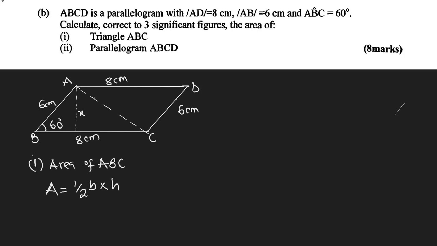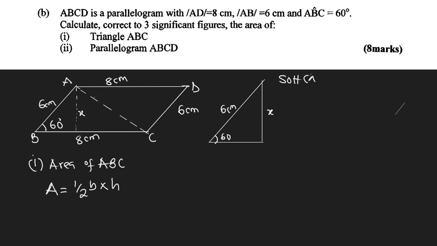Of course we can find it because this is a right angle triangle. So we have a triangle like this, which is a right angle triangle. You can see that this angle is 60 degrees. Then we have 6 centimeters here. We have x here, and that's what we're going to find, right? So we are finding x. So we're going to find the relationship between, of course, this is the hypotenuse and this is the opposite. So what is the relationship between opposite and hypotenuse? If we check our SOHCAHTOA,